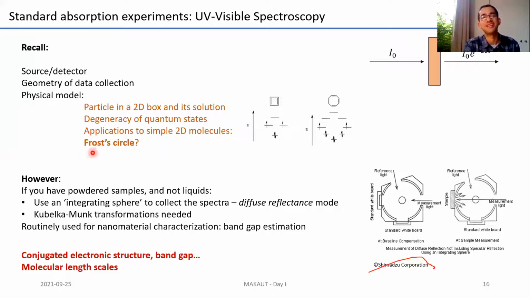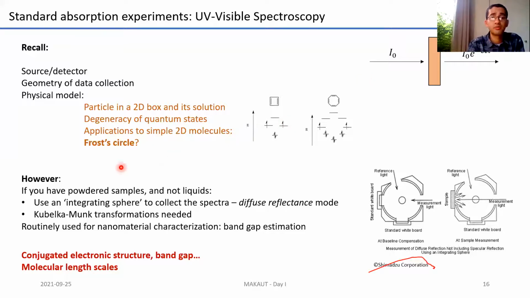I just wanted to say this. I couldn't help myself because you might have heard about this in your physical organic chemistry course. In a particle in a two-dimensional box, the bond lengths are assumed to be the same, for example, here I've shown you cyclobutadiene. If they are different, then effectively there is a degeneracy, and these energy states become slightly different. However, not exactly related to this, but this is the sort of physical model which you can use to understand UV visible spectroscopy.